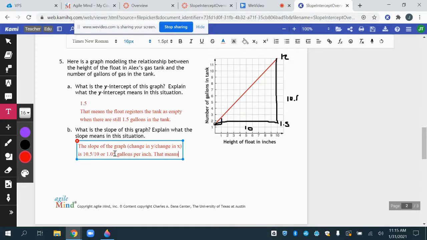It helps to have the gallons per inch written in there because I always have the change in y, that's how much gallons changes, divided by change in x, that's how much the float inches changes. What does that mean? Well, for every 1 inch,